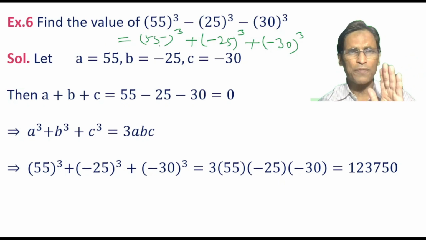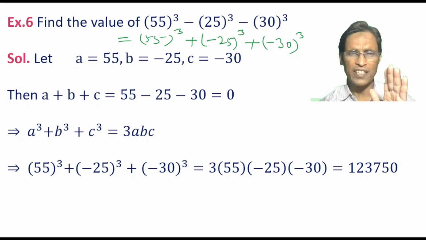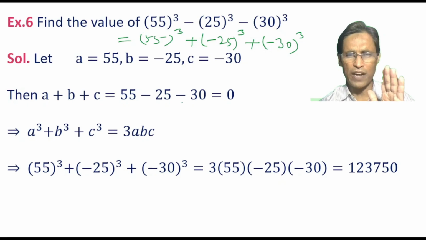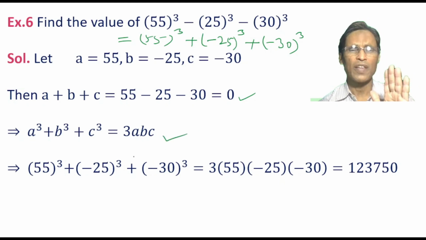आफ्टर दिस 55 को हम एज्यूम कर लें a, माइनस 25 को एज्यूम कर लें b, और -30 को एज्यूम कर लें c, then we can find the value of a plus b plus c, that is 55 minus 25 minus 30, and which comes equal to 0. Clearly, अगर a plus b plus c equal to 0 हो जा रहा हो, then in that case we can get a cube plus b cube plus c cube equal to 3abc,